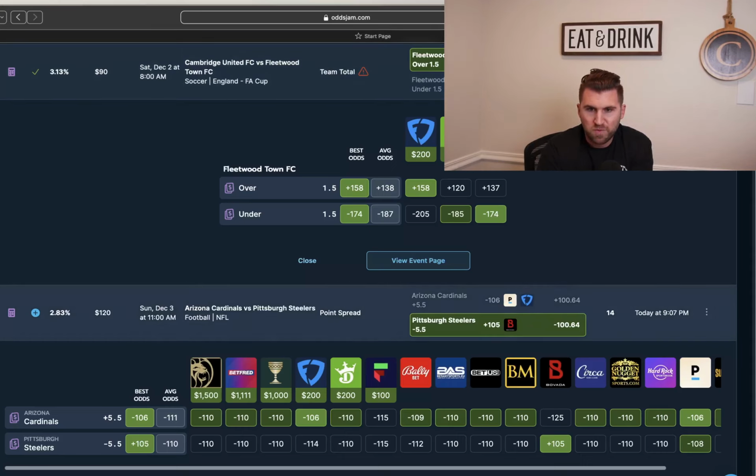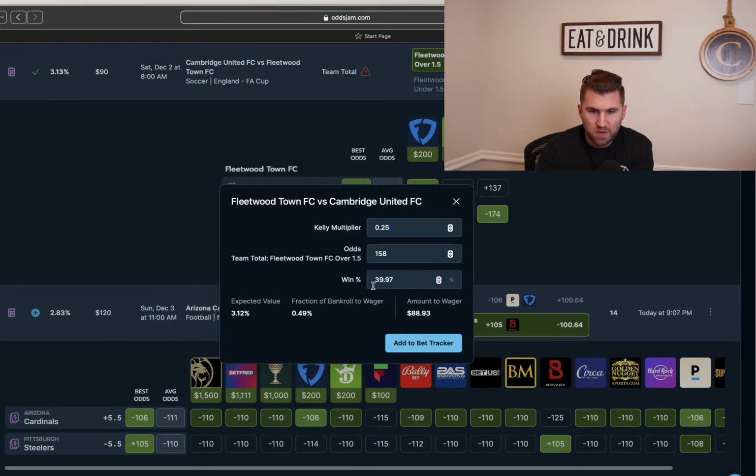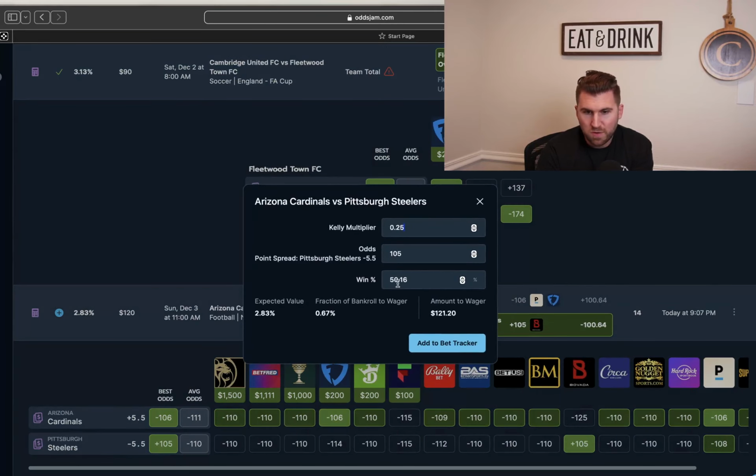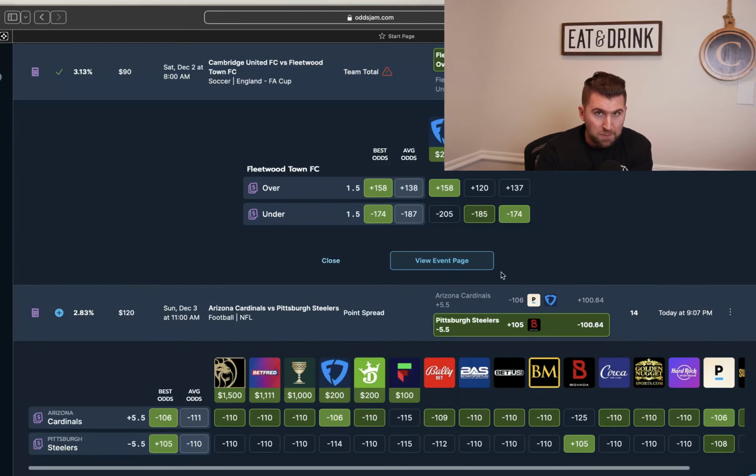This is plus 105 compared to plus 158, which, if you don't know, all odds are associated with a win probability. So at plus 150, we click on this calculator, the fair win percentage is roughly just under 40%, whereas here it's minus 100, which is just above 50%, right? So there's a couple different things at play, but you have to understand market width really is a main driver of this number in terms of how we get to a recommended bet size.